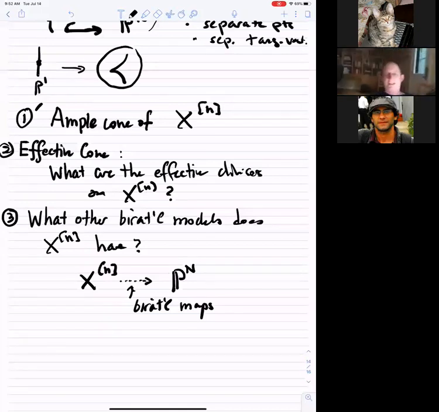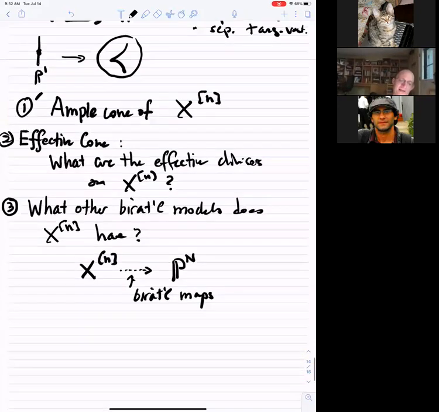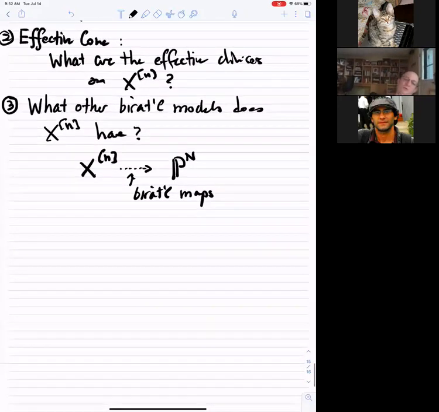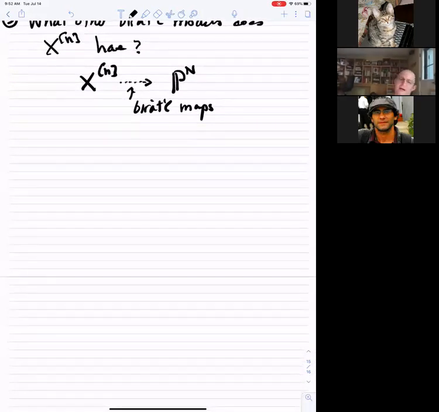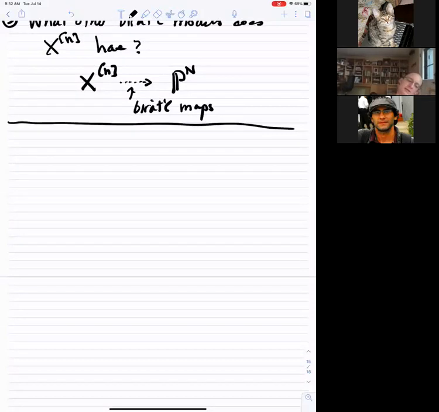So maybe just to start out, let's do the case of n equals 2, and then I'll stop there and continue tomorrow. So let's look at the case of the Hilbert scheme of 2 points, okay? All right, so we know some